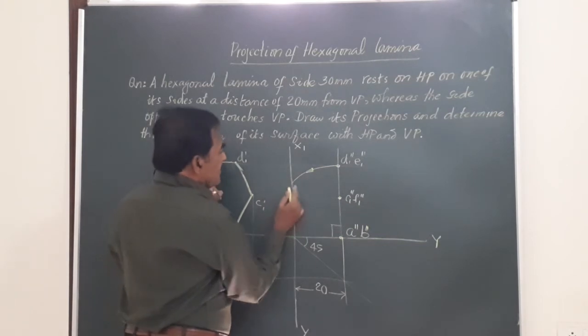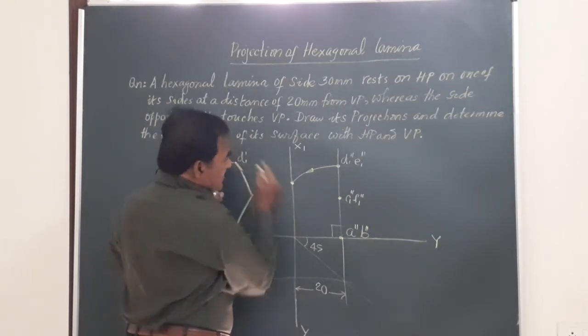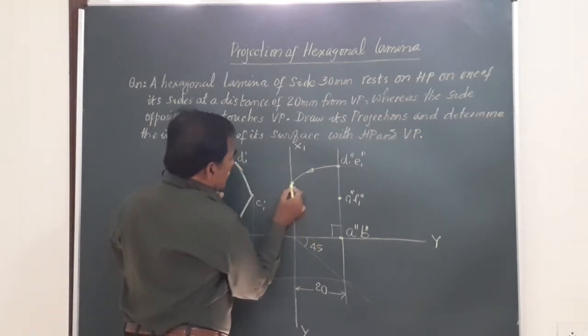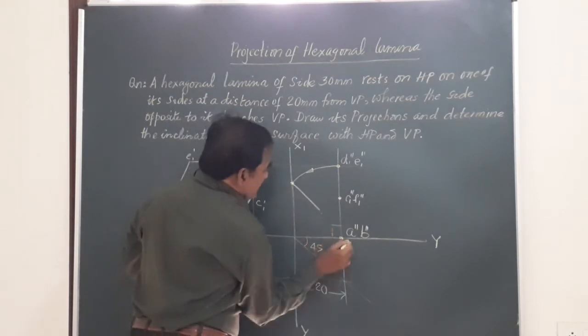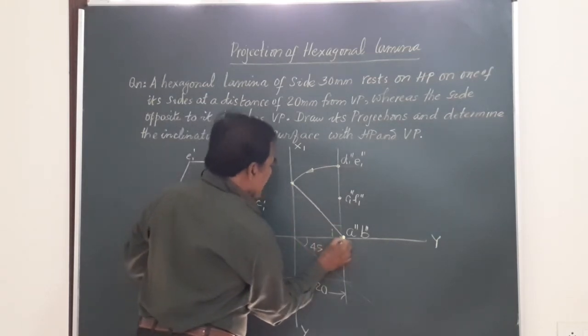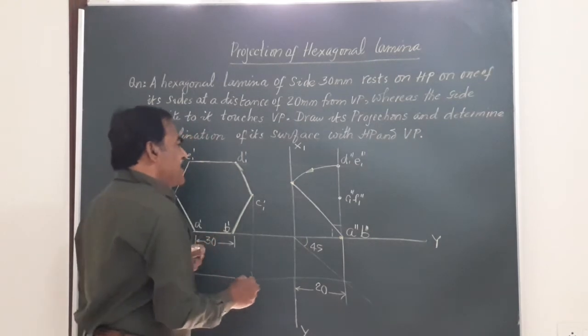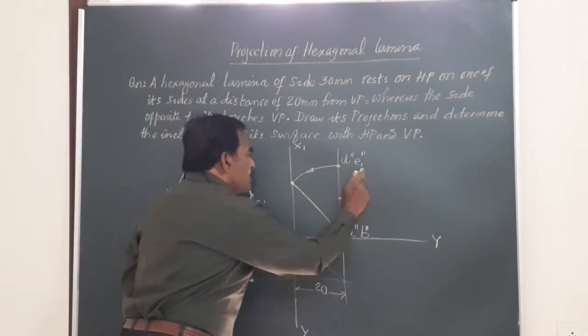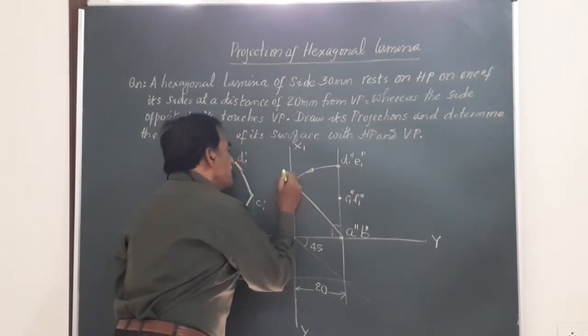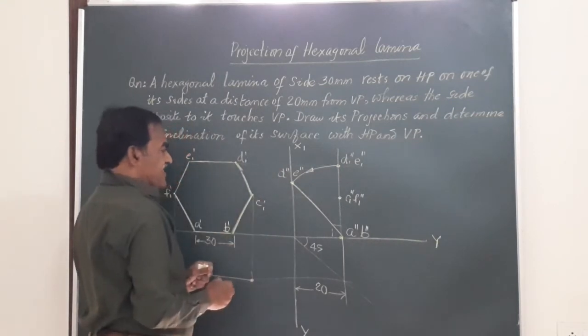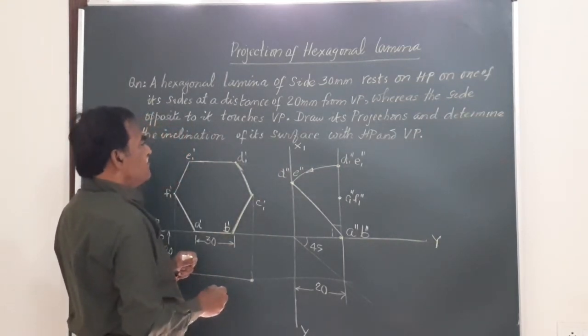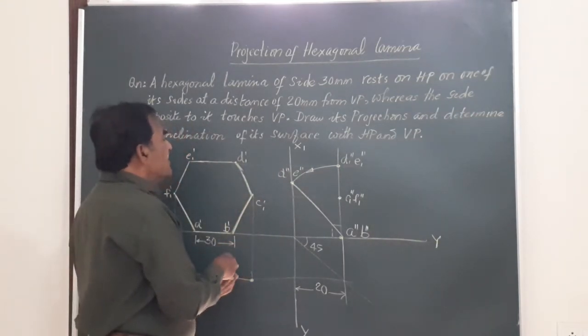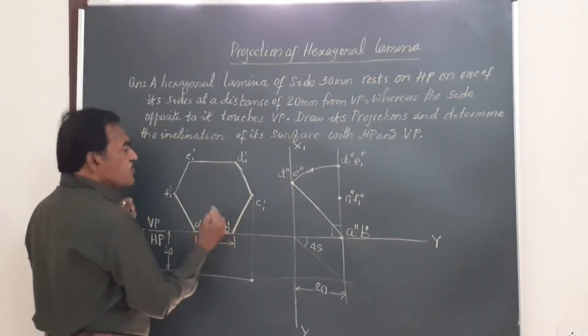So this point is a point on the vertical plane. So I am going to join this point with point A'', B''. Friends, the side which was here is shifted to this location, and I will call this as D'', E'', the final side view of that end. Now friends, I am going to get the final front view of this side. So what is to be done now?